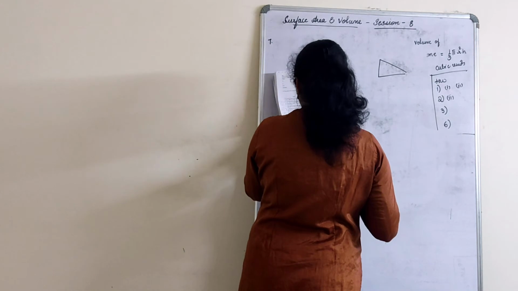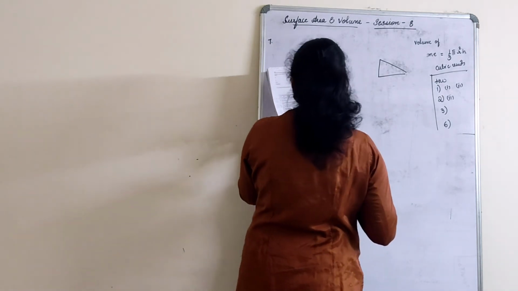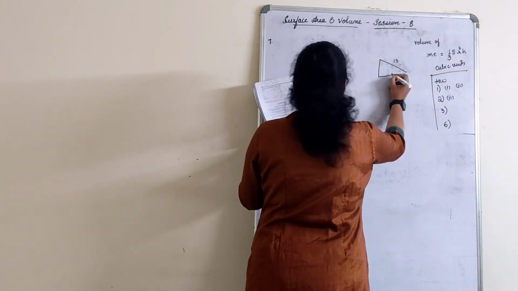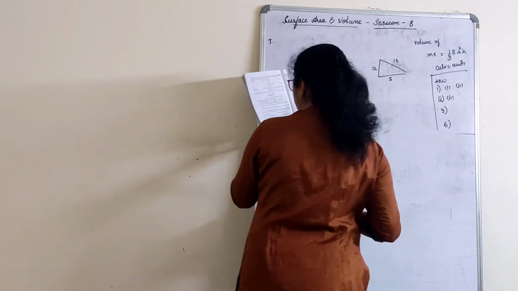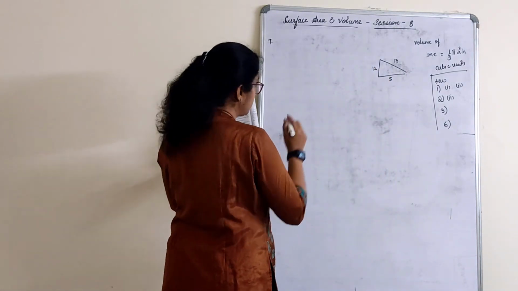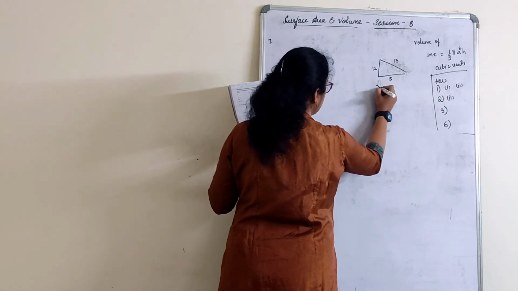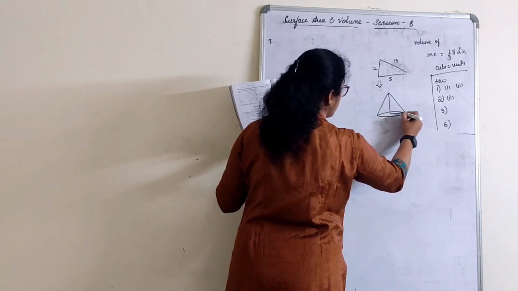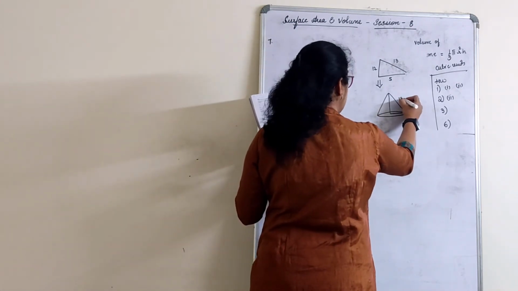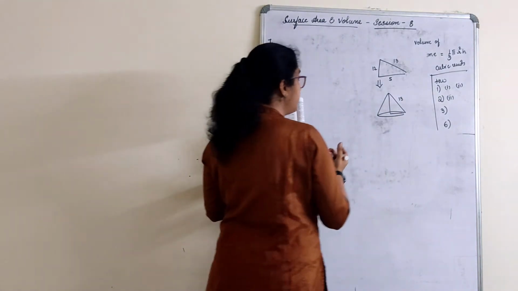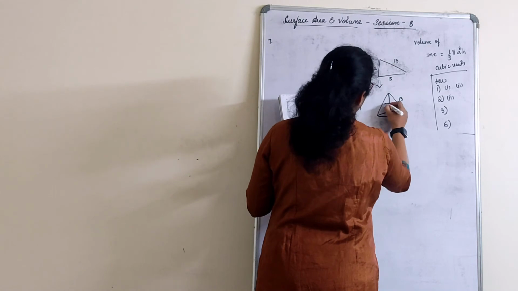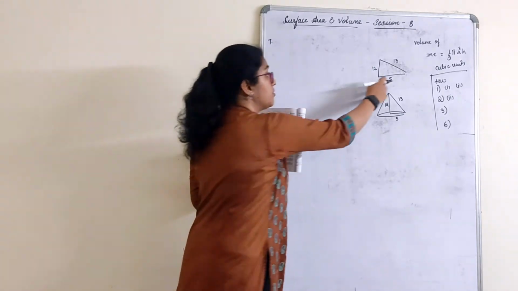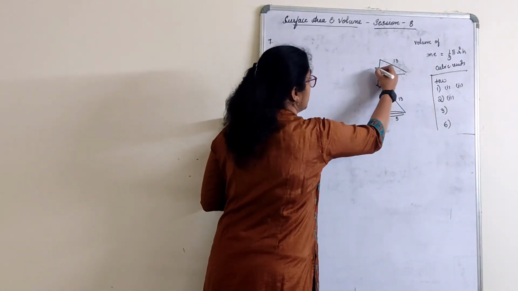Right angle triangle with sides 5, 12 and 13 centimeter is revolved about 12 centimeter. So of course this has to be 13 centimeter because it's the hypotenuse. So this can be 5 and this can be 12. It is revolved about 12 centimeter. So if it is revolved about 12 centimeter, how does that come? It comes in the form of a cone. So in the cone also, this has to be 13. Hypotenuse will not change. It is revolved about 12, so this will be 12 and this will be 5. Radius part will be 5 actually. I'll mark like this.